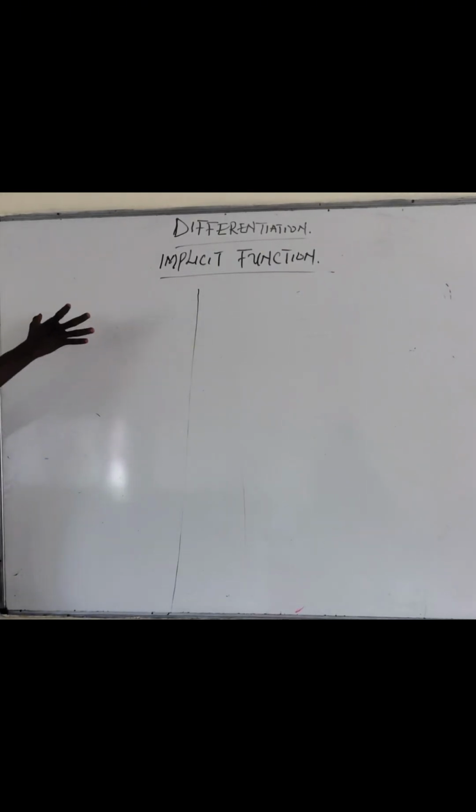Today we are going to talk about implicit function. What do you understand about the idea of implicit function? Implicit function simply means when you have two variables in a function. What do I mean by that? When you have something like this,